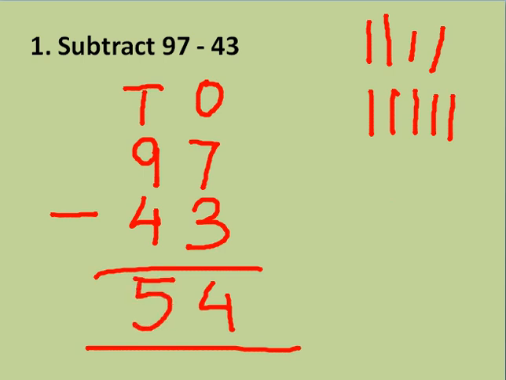Did you get this, children? We have to subtract 97 minus 43. These are two-digit numbers. So I wrote these two-digit numbers. I marked two places, ones and tens places, and wrote the larger number first. Then I put the subtraction symbol and then the smaller number. Then I started my subtraction. 7 minus 3 came out to be 4, and 9 minus 4 came out to be 5.